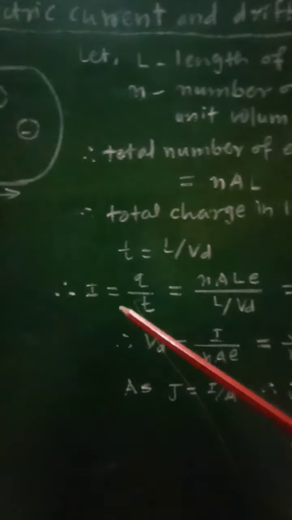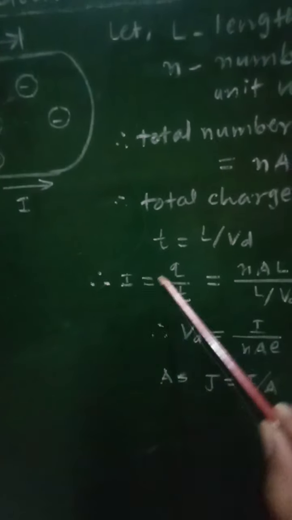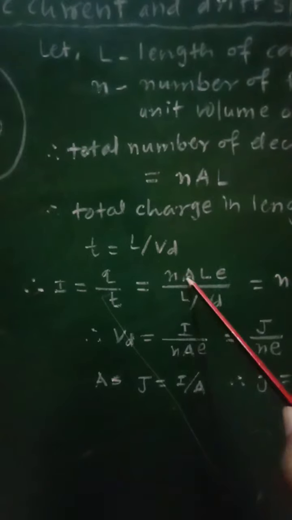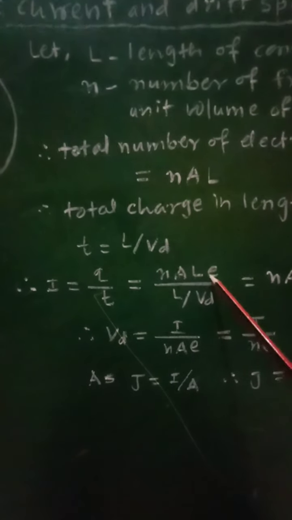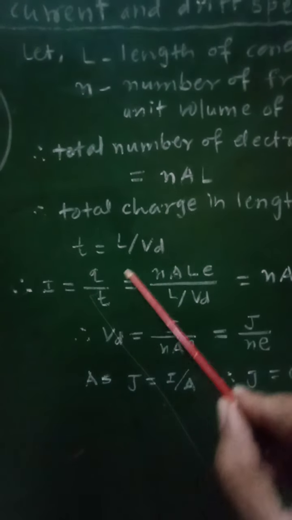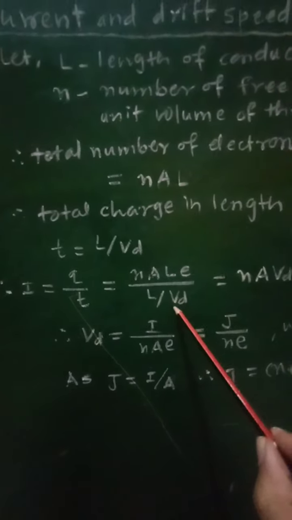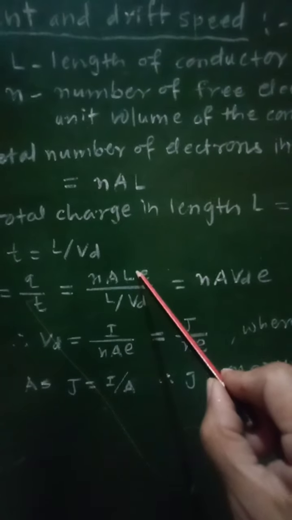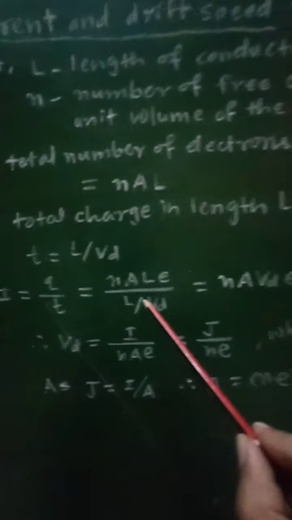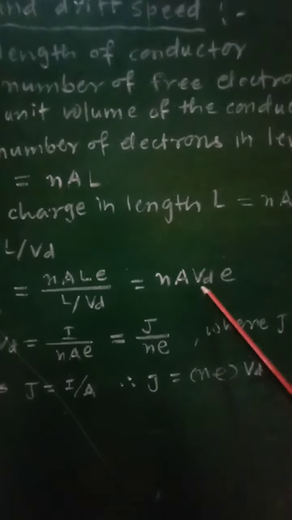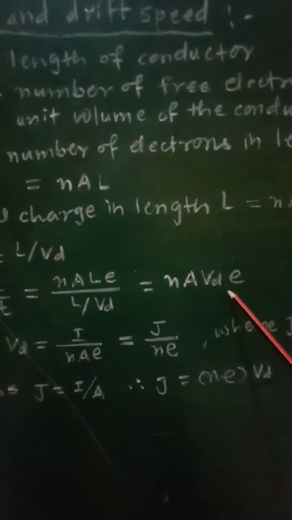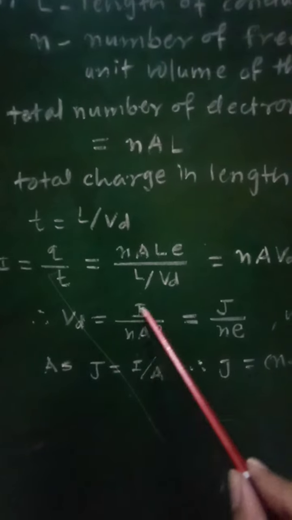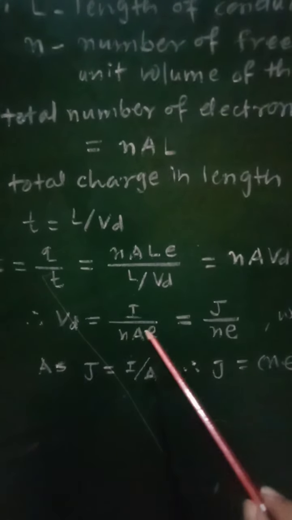And therefore we know that current I is equal to Q by t, and therefore we can put here the values nALe, that is total charge Q, divided by time t, that is L by Vd. Vd will be shifted to the numerator, then L and L will get cancelled, and we will get current I is equal to nAVde, and therefore from this drift speed Vd is equal to I upon nAe,